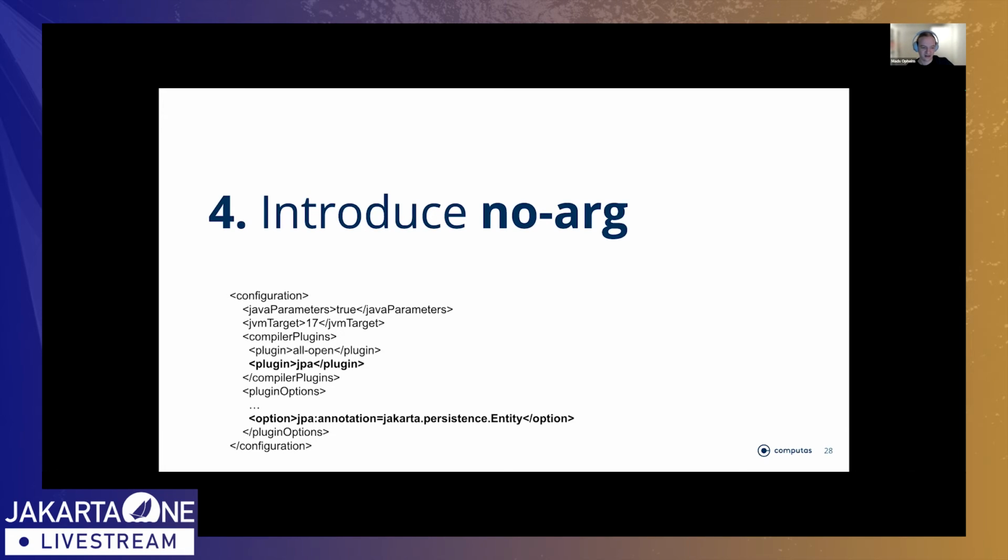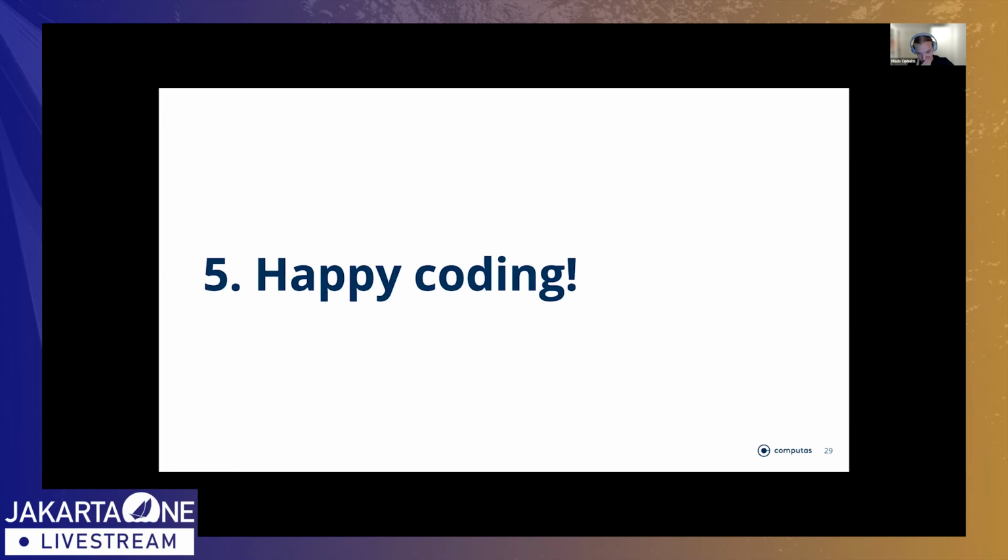You can say that anything annotated with this annotation will have a no-arg constructor. I told you already that the entity class gets it for free if you add the plugin, but it doesn't hurt to add it manually as well, which I've done in this slide. That's it. Once you've done all of this, you should be ready to get going with Jakarta EE in Kotlin,